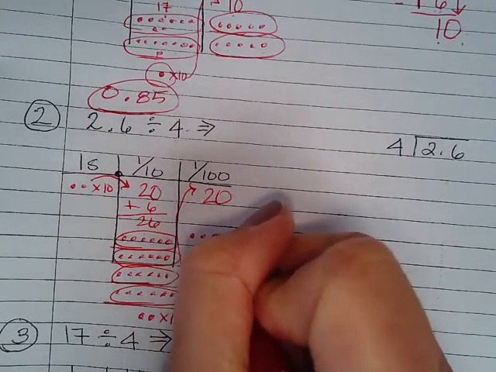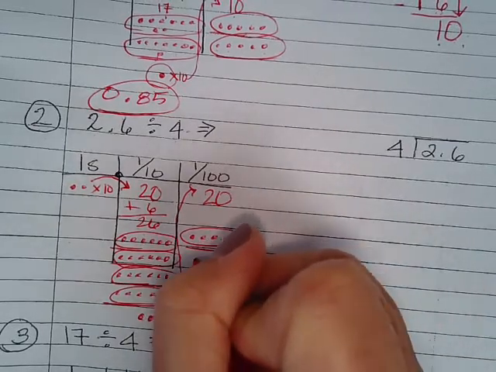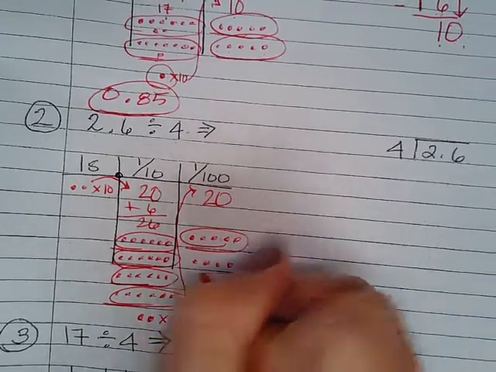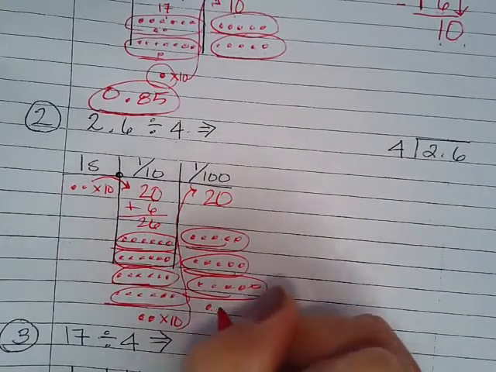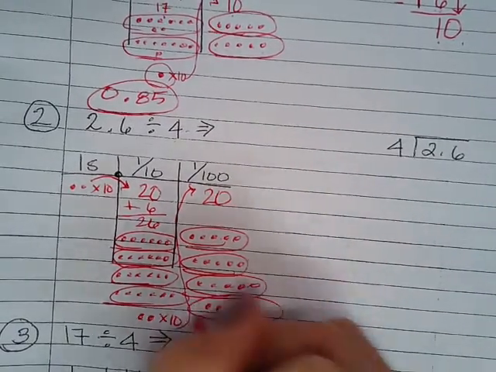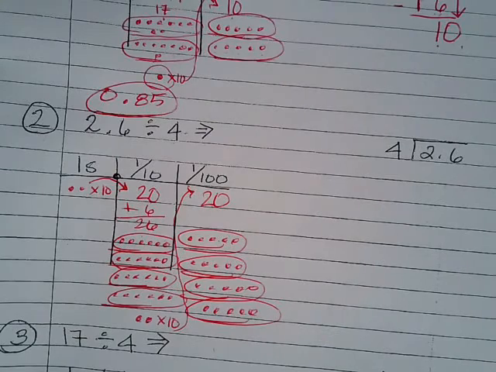1, 2, 3, 4, 5. Four groups of 5. And I have 0 left over, right? So